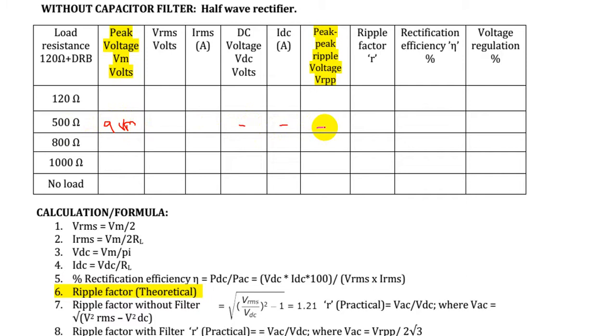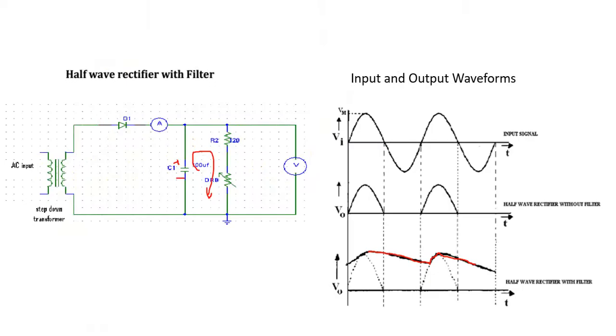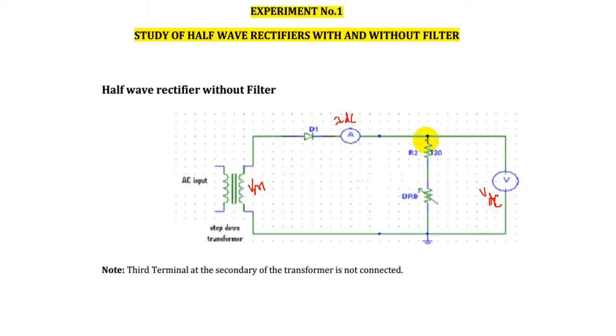So from these values we are able to find out the performance factors. Again increase the resistance to 800, then take the readings, then increase it to 1000 ohm and take down all these 4 readings. Once all the load resistance values are taken, the last reading is the no load value. For taking the no load value, remove the resistance. So you can open up the resistance and note down the no load voltage. That will give you the no load voltage when the resistance is not connected in the circuit.